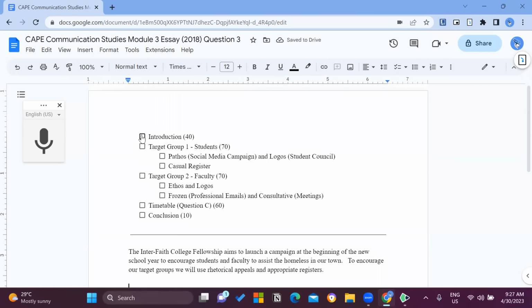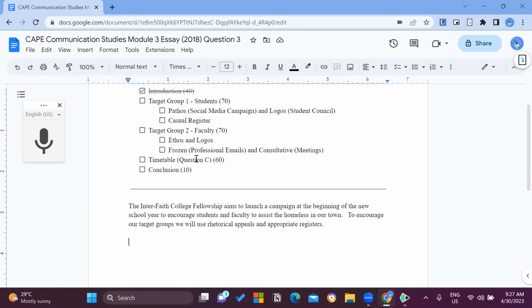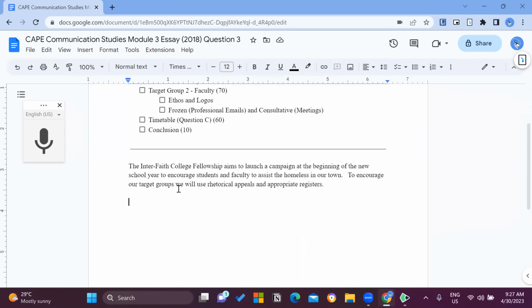So now I'll go on to talk about the target group, which is the students, and how I'll appeal to them, right? So first and foremost, as I said, every time you're writing an essay, you want to introduce a topic statement. So literally what you'll be talking about in this paragraph. So I said to appeal to students.